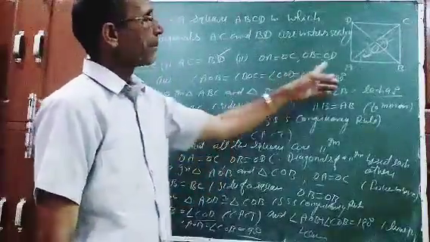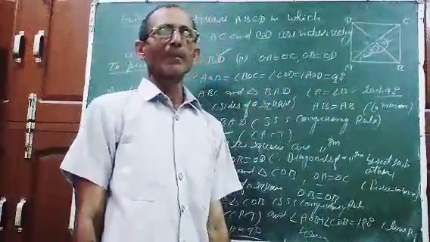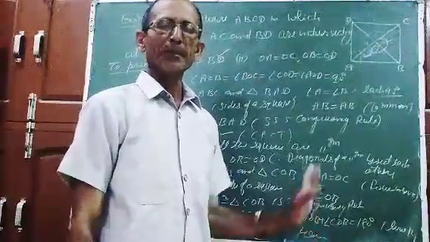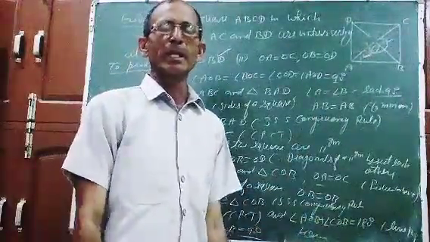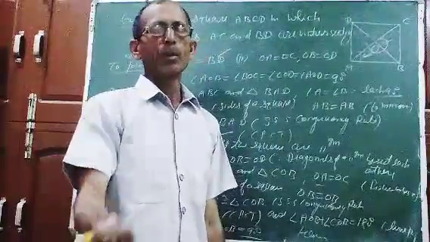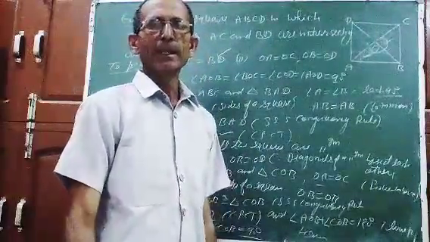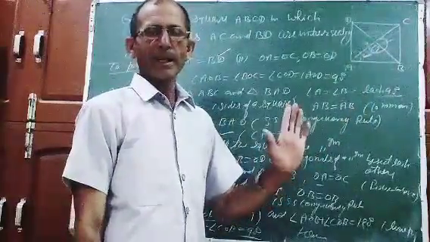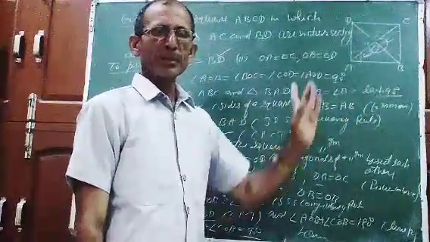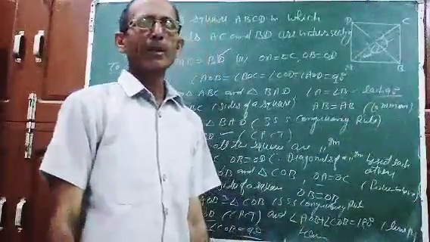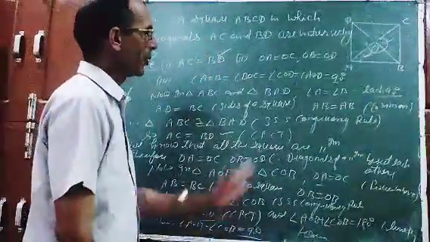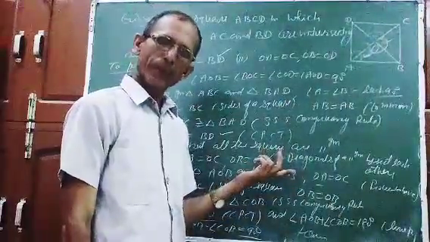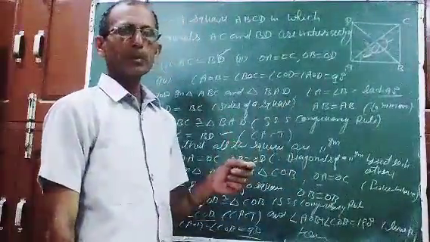Now for the second, because some properties of a parallelogram and a square are similar, the opposite sides of a square are also equal and parallel, and the opposite sides of a parallelogram are also equal and parallel. So all squares are parallelograms also. So what are the properties of parallelograms? The diagonals of a parallelogram bisect each other. So OA is equal to OC, OB is equal to OD, because ABCD is also a parallelogram. Now this is the proof of the second part.